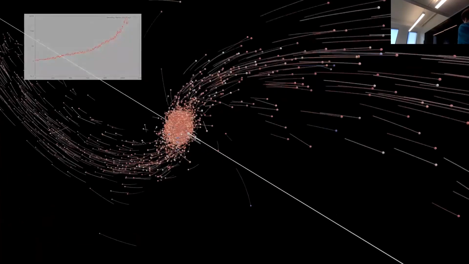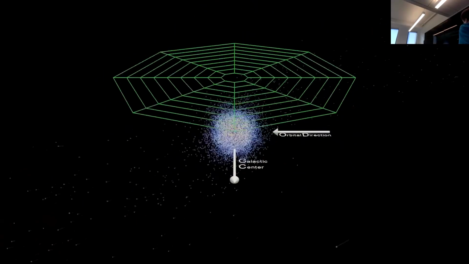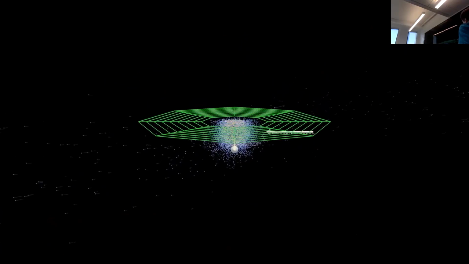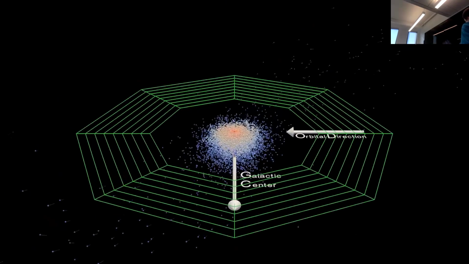So in this visualization, the internal structure of the cluster and its radial density variation are hidden by the outer stars. The outer stars are visually removed to reveal the cluster structure in the central high density regions, where close